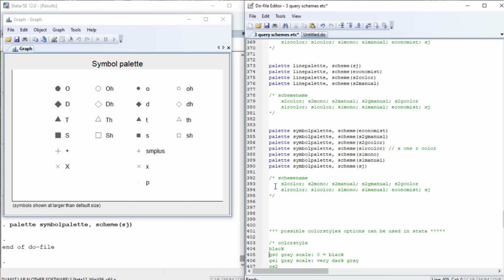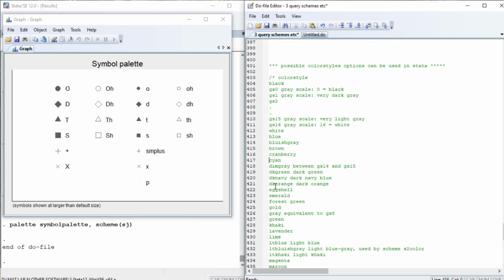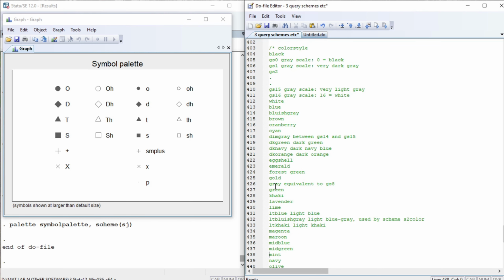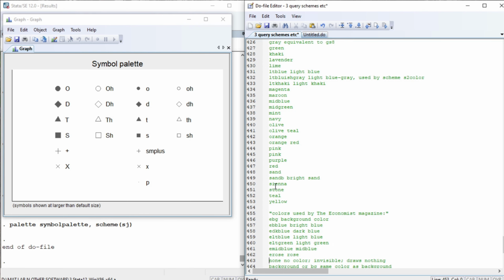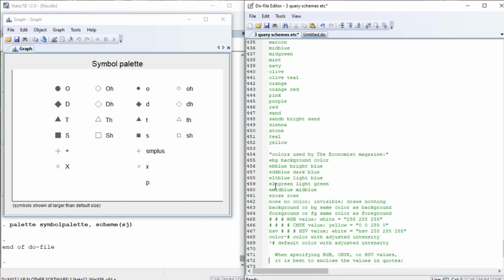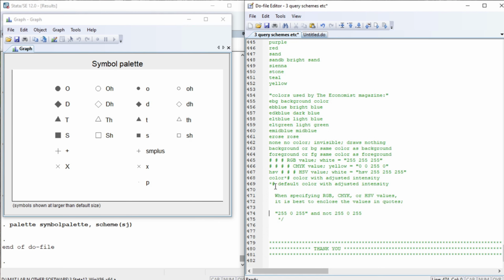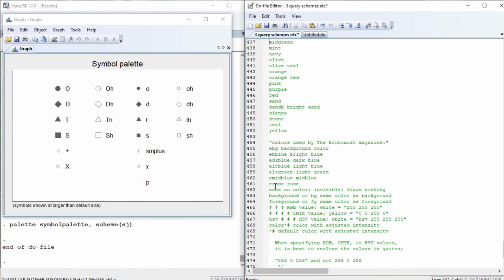Now if you want to know about the color style, these are the list of the color styles. I have written color styles for our reference, and this may be helpful. Although you can always type graph query color or color style, and you will see these details. This is it for this